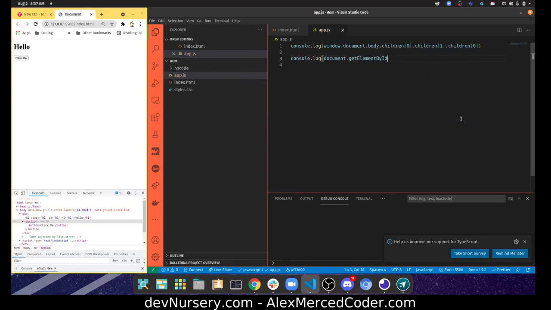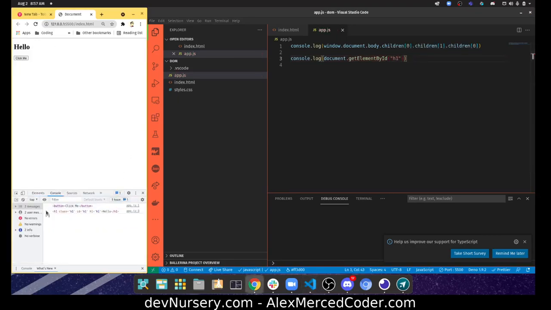So what I would do here is I would pass in an ID. So the ID was h1. And if I go to the console log, see, there's the h1. I'm console logging the h1 because it has an ID of h1. I could also do